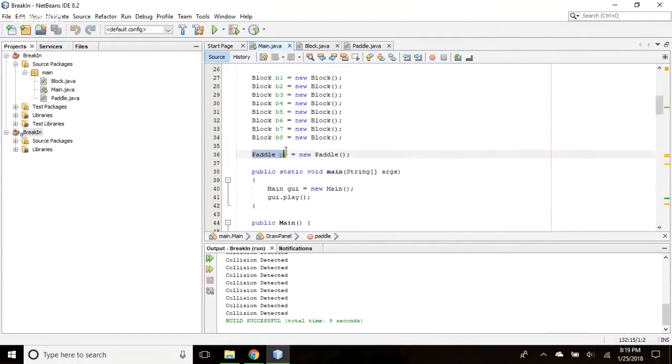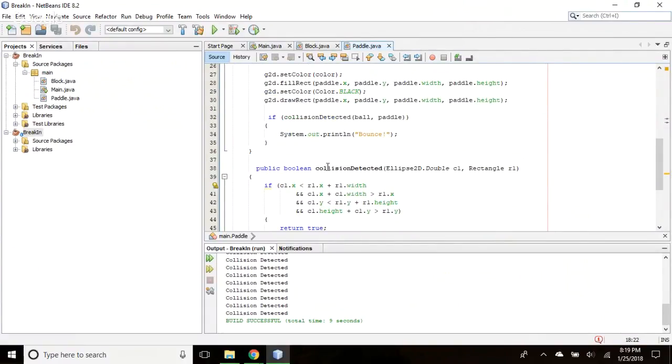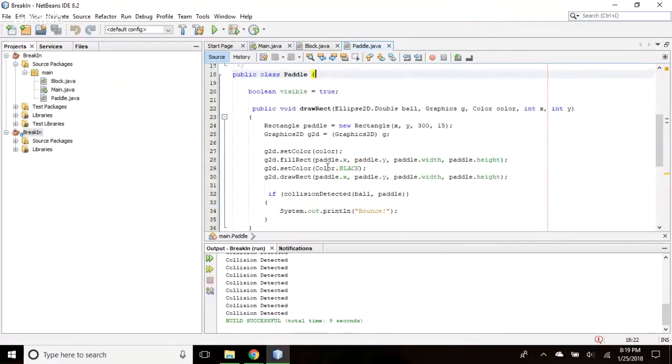I have this up here. Okay. No. That's what I made. Okay, yeah, but okay. Your paddle class is defined in your paddle.java. Okay. And that's where the draw rect and the collision detect is.